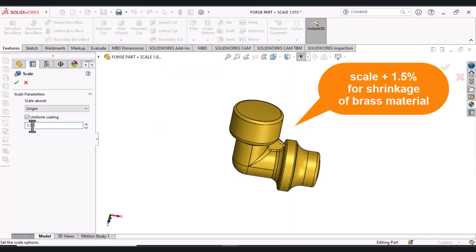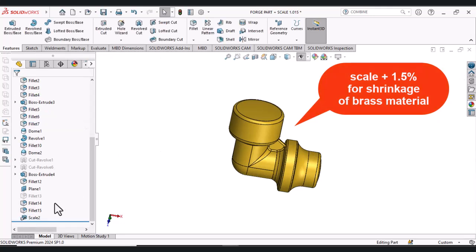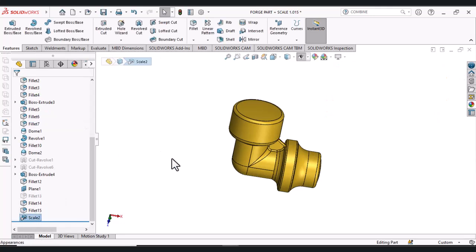Therefore, we enlarge the piece by 1.015 and we enter the number 1.015 in the command and we confirm.